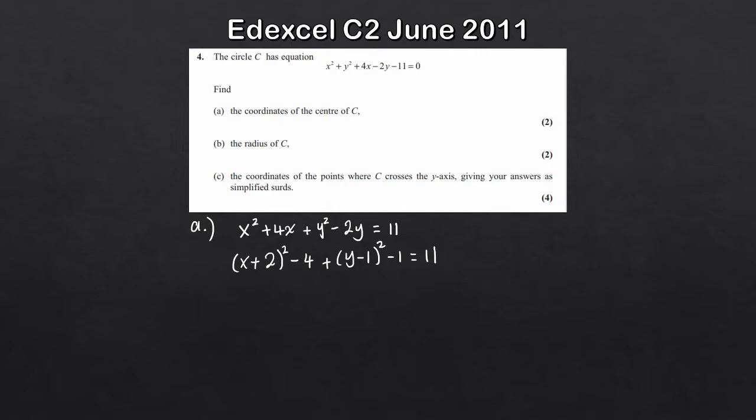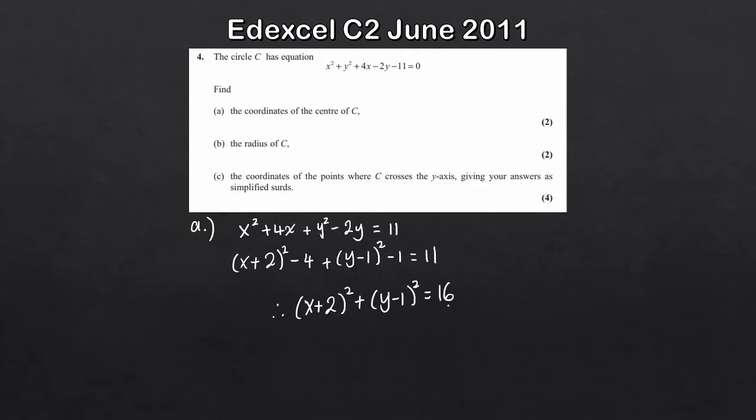So the only thing left to do here now is deal with this minus 4 and this minus 1. So minus 4 minus 1 would be minus 5. But remember, we want the general form to be x plus 2 all squared plus y minus 1 all squared, being equal to r squared. So in that case, I just need to add 5 to both sides. So in that case, it's going to be x plus 2 all squared plus y minus 1 all squared is equal to